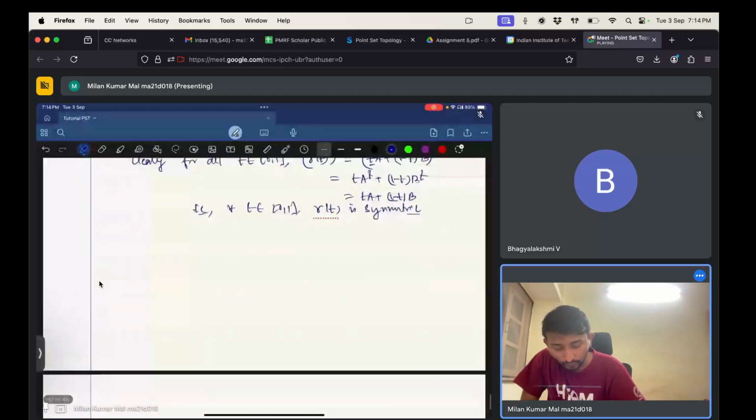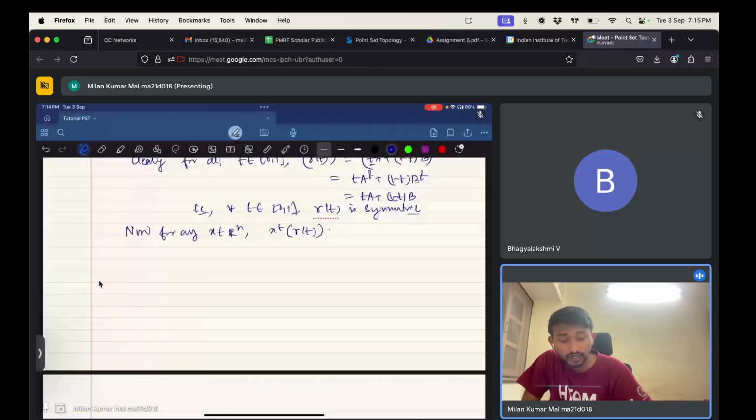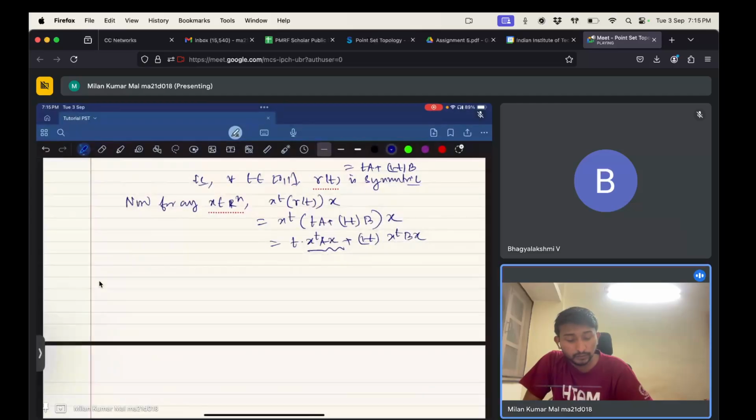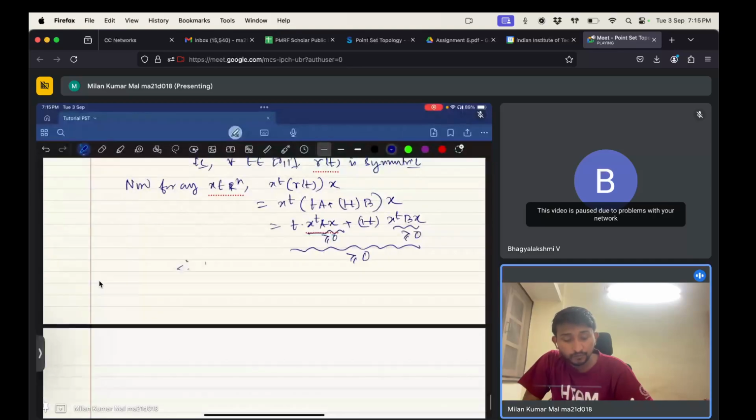Now for any X belonging to R^n, X transpose gamma(t) X equals X transpose (tA plus (1 minus t)B) X, which is t times X transpose AX plus (1 minus t) times X transpose BX, where t is a scalar. Now note that this particular term X transpose AX is nonnegative, and this particular term also. So this full term will be greater than or equal to 0. That means for all t belonging to [0,1], gamma(t)